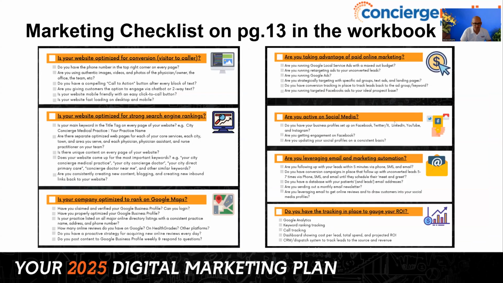How are you doing? In your workbook, and hopefully, again, you've all downloaded and printed the workbook, the link is available to you if you still need it. In your workbook on pages 13 and 14, we have this checklist. Please utilize the checklist. Go through this, and if you've created your marketing for your practice in such a way that the item is accomplished and working well, put a check mark. And if it's not, perhaps circle it, knowing that that's something you need to get to. This 2-page document in the workbook is gold. It is so helpful.